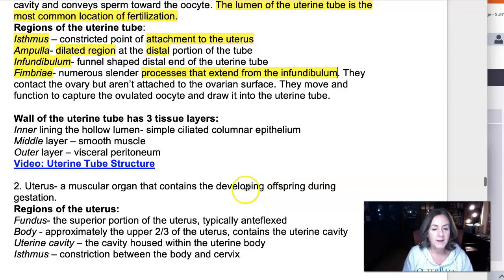So the uterine tube has 3 layers of tissue. The inner layer that the oocyte would be in contact with, remember this from AP1, right? Simple ciliated columnar epithelial tissue, and the action of the cilia help to move the oocyte. Keep in mind, it's a non-motile cell, so the only reason that it's moving is the cilia. Also the middle layer of the tube is made up of smooth muscle, and then the outer layer of the uterine tube is just the visceral peritoneum, just like we saw over the surface of the ovary, and just like we'll see